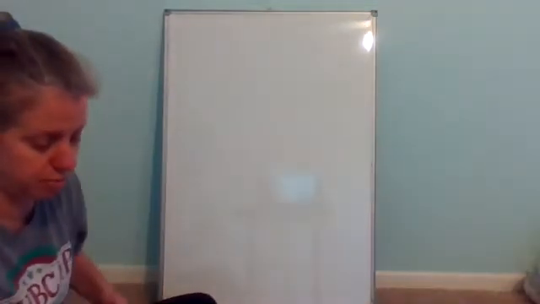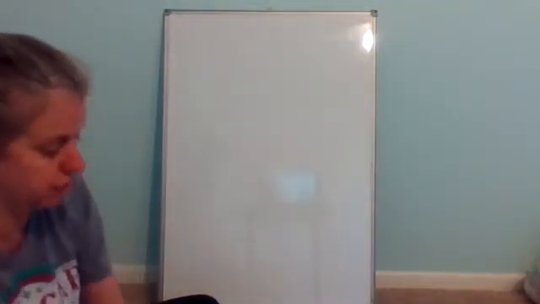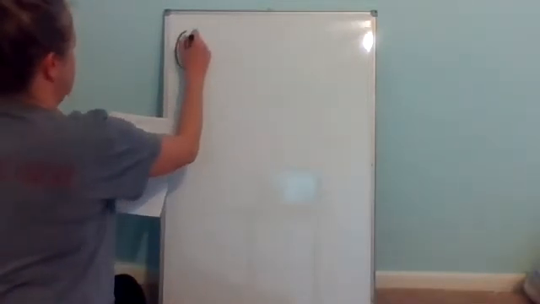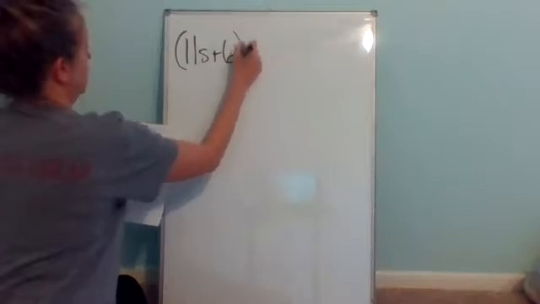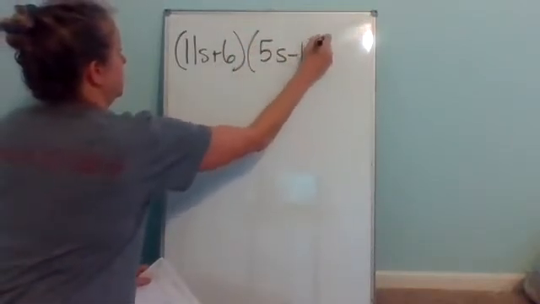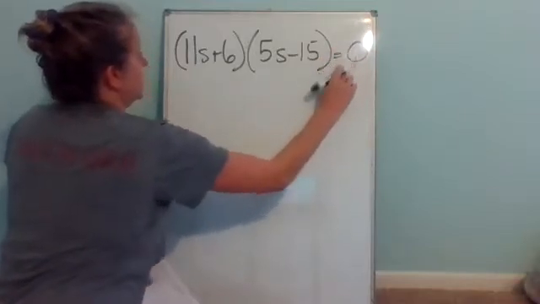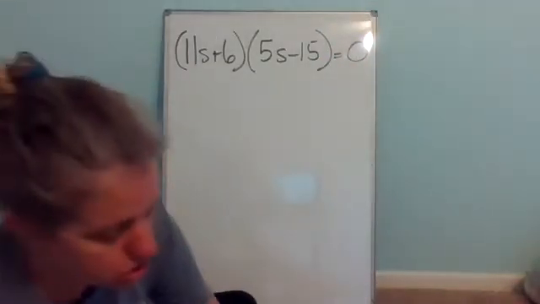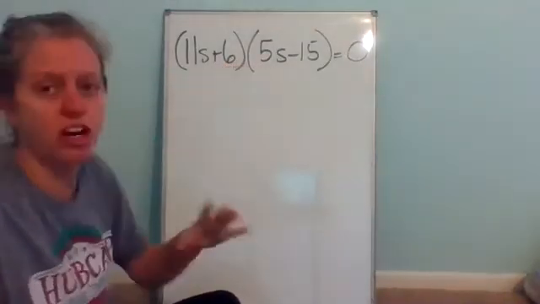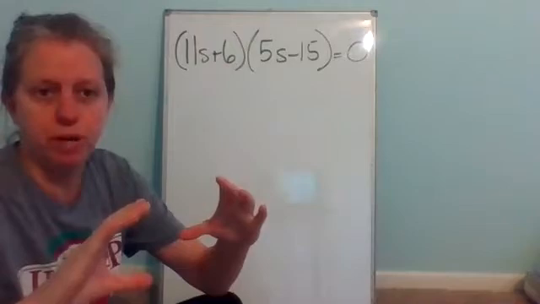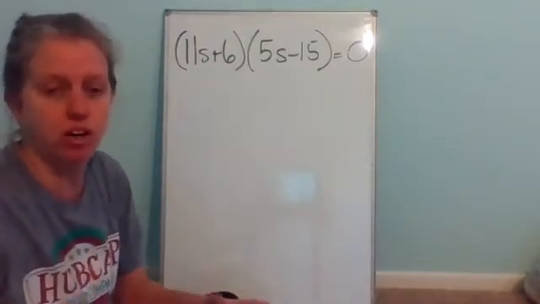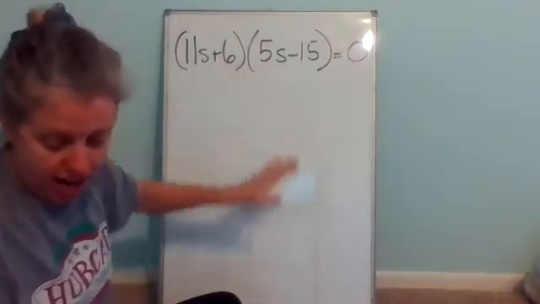Okay, the first problem is just going to say to solve. Okay, and you've got a problem that looks like this. Okay, this method will lead us into solving by factoring. It's just that this first problem, it's already in its factored form. Instead of having an s squared, where you do have to do the factoring on your own, it's already in its factored form,